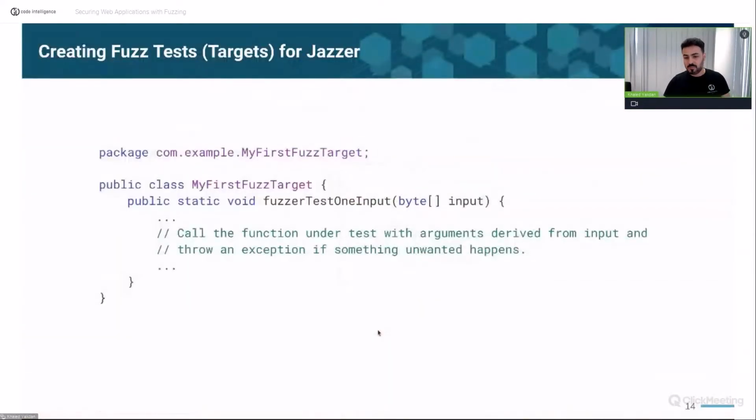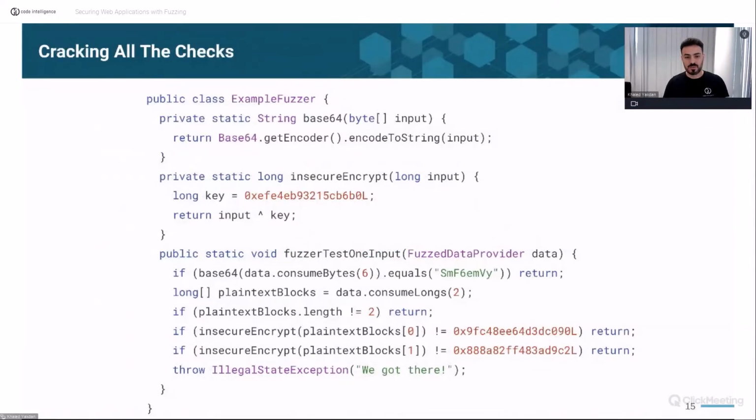But of course, we can make it a bit more challenging for the fuzzer. How about this example? With this example, we take the fuzzing inputs and encode the first 6 characters as base 64, and this has to be this concrete value. If this passes, we just take from the fuzzing inputs 2 longs, we XOR these 2 numbers with our insecure encrypt method with a constant key, and so the results should be these constants, and